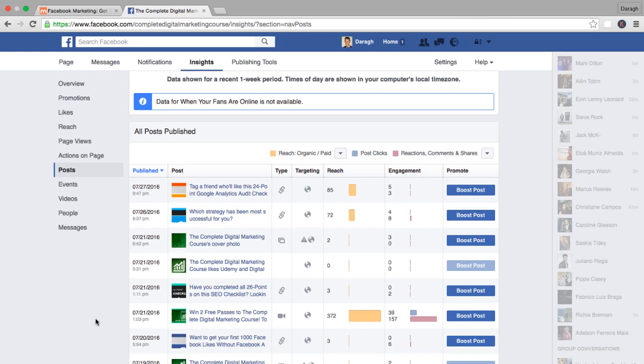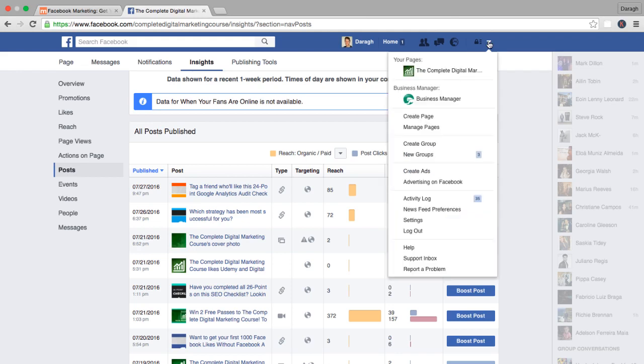people. Also, if I look here at this post that I made quite recently, I suggested that people tag a friend. Let me open this up to make it a little bit easier to see. But essentially, I've tried to encourage people to share this with their friends. And already I can see the results that it is working there.